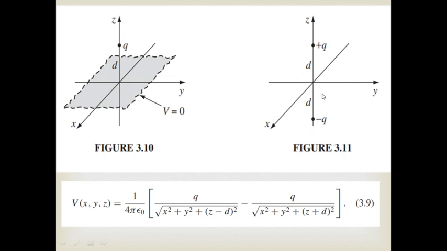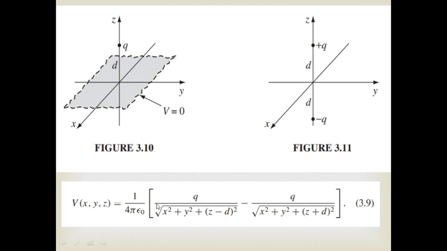Because of two different point charges, we can utilize the principle of superposition and find out the potential in our region of interest. That potential is V is equal to 1 upon 4 pi epsilon 0 times Q1 upon R1 plus Q2 upon R2, using the principle of superposition.